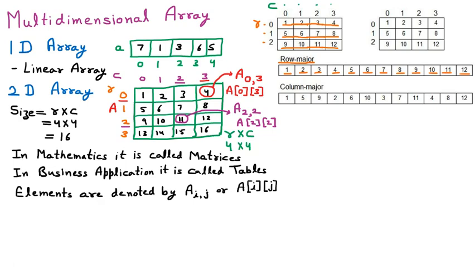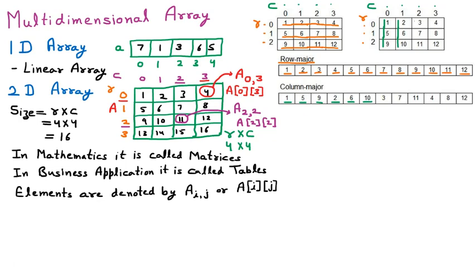Now we have taken the same table again, same elements are there, same rows are there, 1, 2 and 3. Same number of columns are there, 1, 2, 3, 4, and same elements are there from 1, 2, 3, 4 up to 12. But this time we are going to go with the column major. So first of all we are taking the element 1 here, then 5 is coming, then 9. So 9 is here. Then going to the second column, 2, 6, 10.